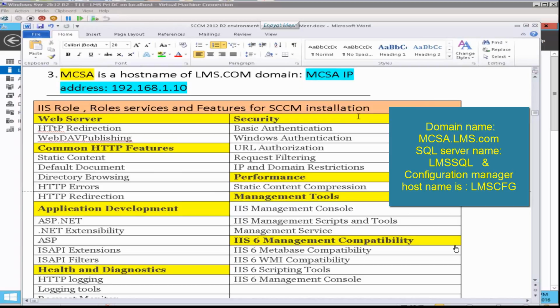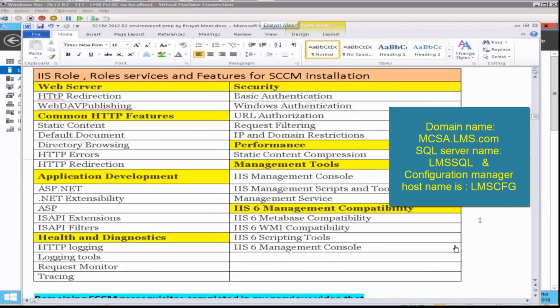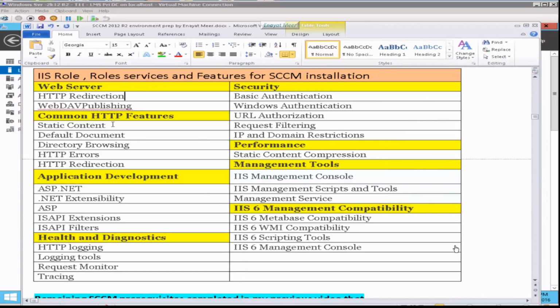These are the IIS roles or role services which you have to install before you install Configuration Manager from the installation media. These requirements are already listed in my video number 2.